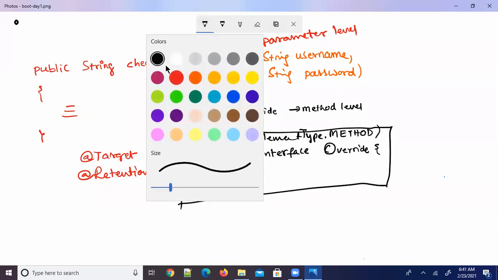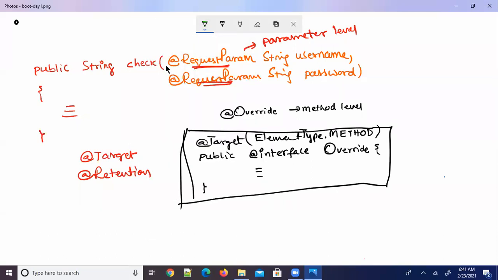Now in this, ElementType is one enum, as you know enum types in Java. ElementType is an enum. It has a set of constants, and one of the constants is METHOD. So what does it mean? This annotation can be used at method level. It is described with the Target annotation. Like this, the Target and Retention annotations are provided by Sun Microsystems. Of course, not only these two, other annotations are also provided for creating annotations. In that, Target is provided to describe the element type.